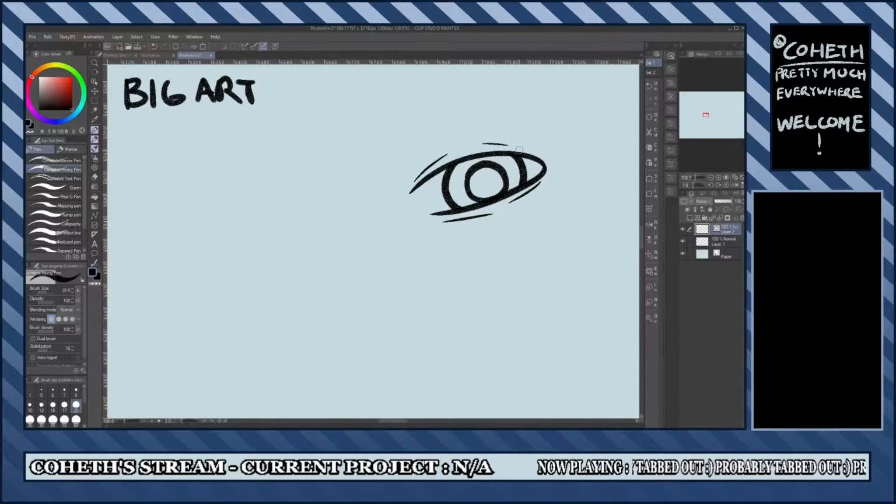So you start with the circle. You're working from basic shapes, and you are constructing your eye from 2D shapes so that it is rendered in 2D, and it looks like an eye in 2D, right? So this is the big art approach to how do I draw an eye. Big art comes to you and says, drawing an eye, easy peasy, this is what you do.